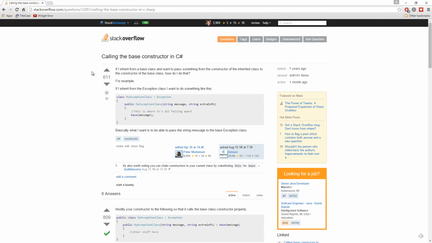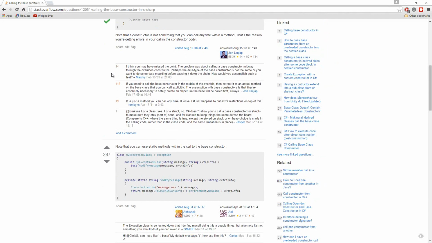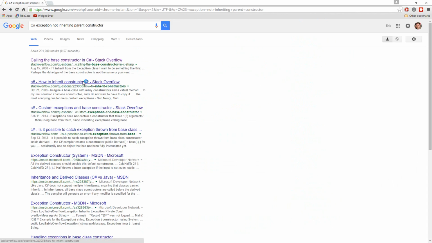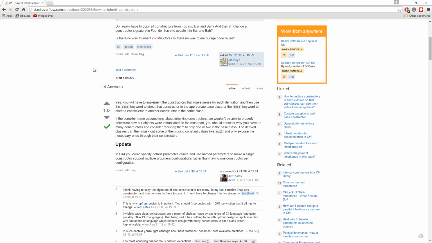And want to pass something from the constructor of the inherited class. What if I just want to use the parent class constructors? How do I inherit constructors? You will have to implement the constructors that make sense for each derivation.